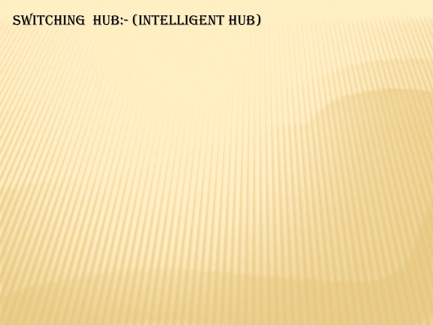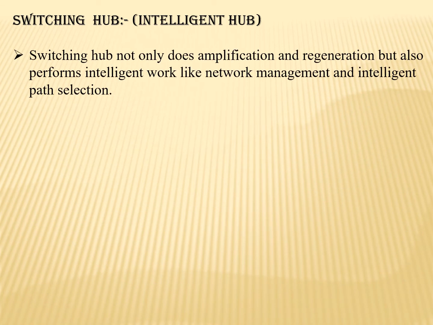The intelligent hubs are very smart. They know their own algorithm. That is, if a computer wants to transfer from one to another, they will be routing properly to the destination. In many networks, instead of routers, we can also use an intelligent hub. So let us learn about the intelligent hub.